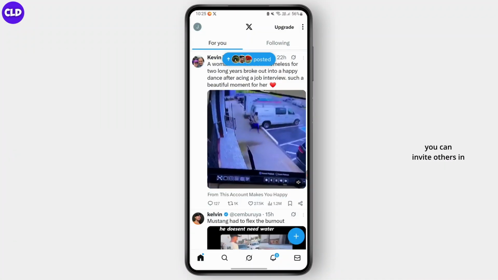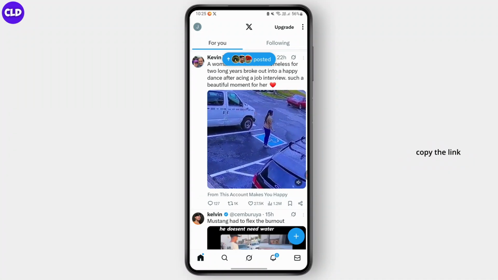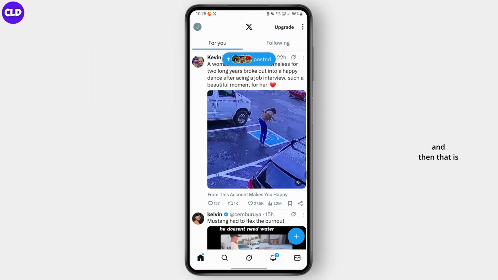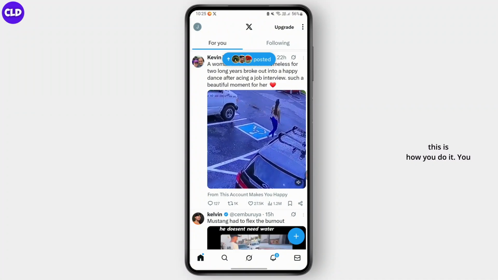And you can invite others in several ways. You can share it via post, direct messages, or copy the link, and that is how you do it. So usually this is how you do it. You may follow these